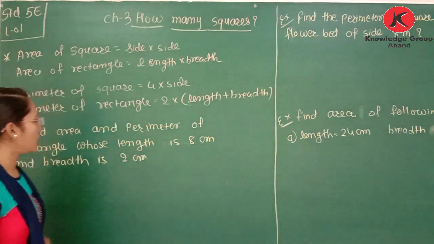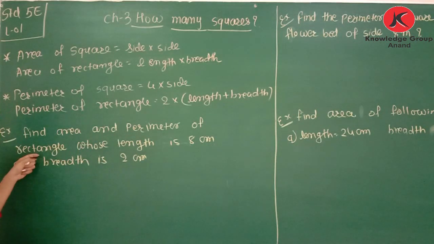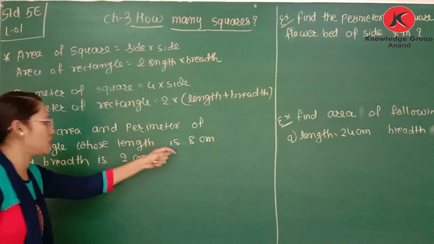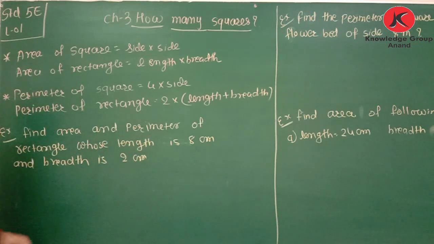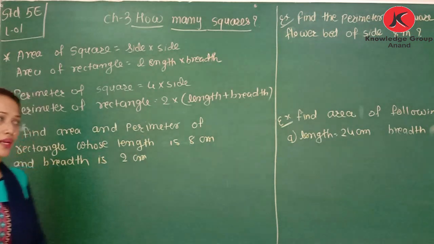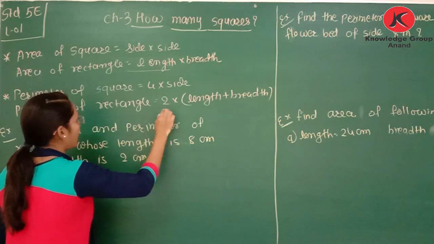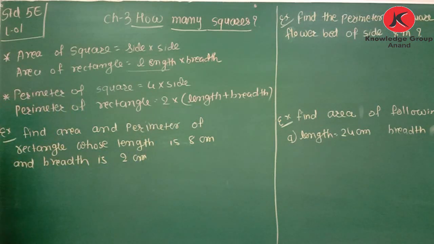So here first is, find the area and perimeter of rectangle whose length is 8 cm and breadth is 2 cm. Here you need to find both area and perimeter. So what is the equation for area of rectangle? Length into breadth, and perimeter is 2 multiply L plus B. So we can write